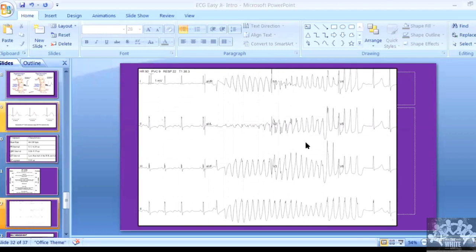Is the relative refractory period the whole of the QT interval, or just part of the T wave? It's not the whole of the QT interval. It's just a part of the T wave, not the center, a late part of the T wave. I'll add that in tomorrow's session. I'll correlate that for you.